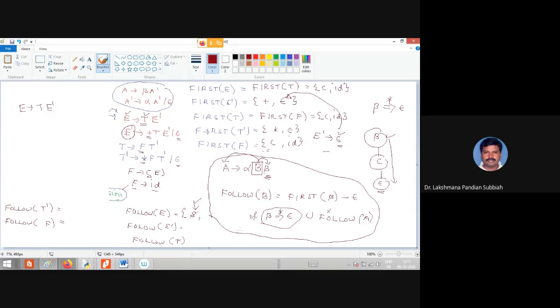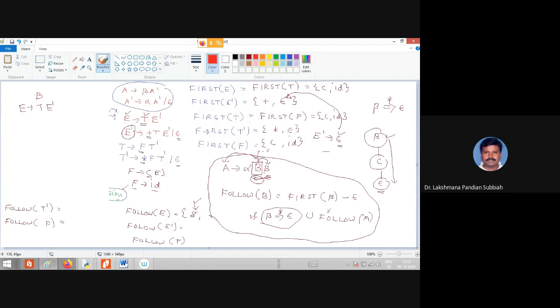Then we have to consider the production rule such that the right hand side should have one non-terminal. The right hand side should have one non-terminal, because here only the right hand side non-terminal we are going to consider. Now the first non-terminal you take as B. You have to match that one as the first non-terminal with B. So here the important symbol is beta B, right?